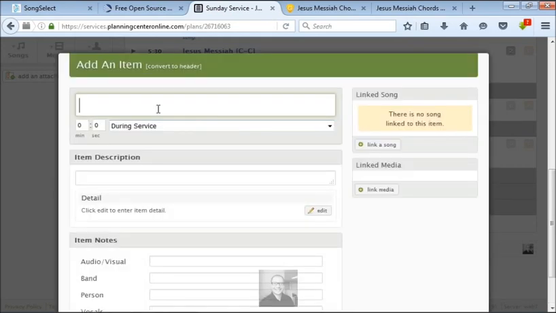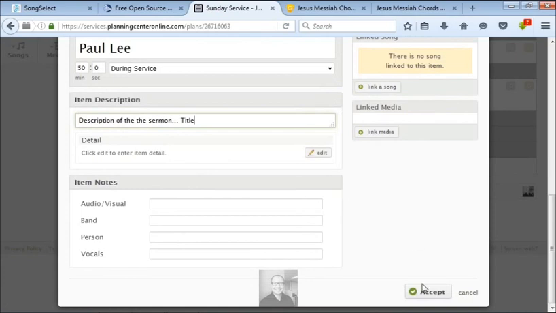Okay, so sermon, maybe it says, say, Paul Lee, and Pastor Paul's going to keep us busy for about 50 minutes. Oh, sorry, you don't have to put that in. Okay, and then Pastor Paul can maybe come in here and then just give a description of the sermon, or the title of the sermon. Okay, and then you click on accept,